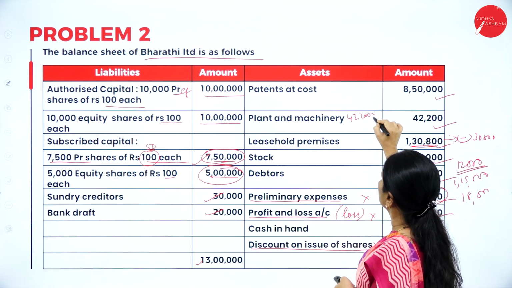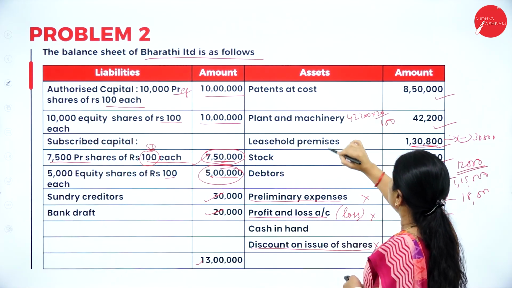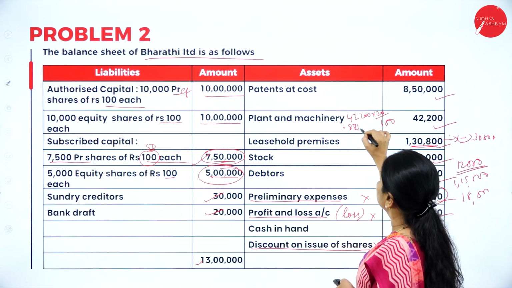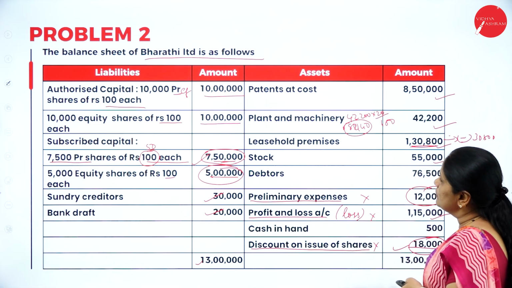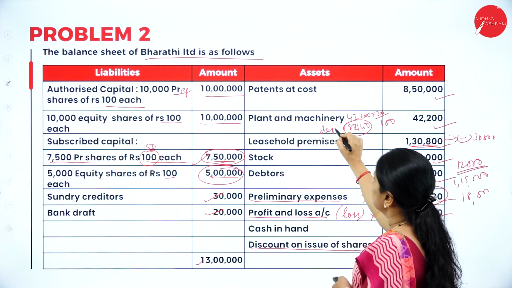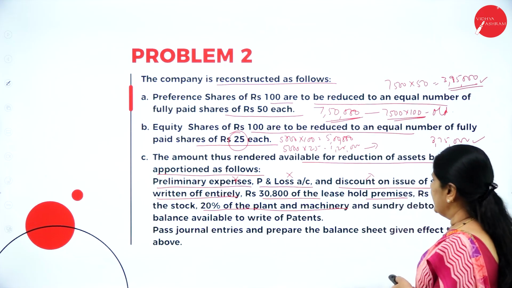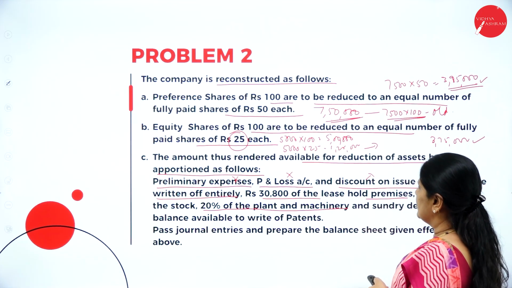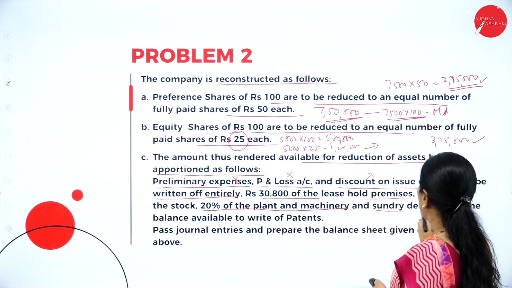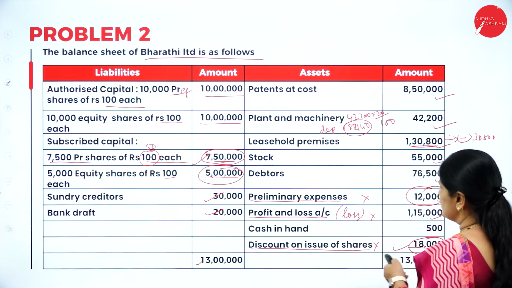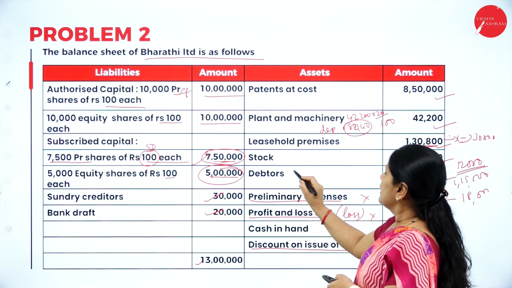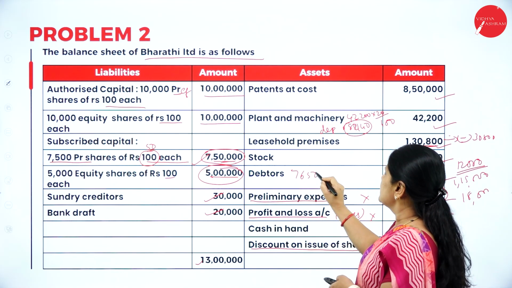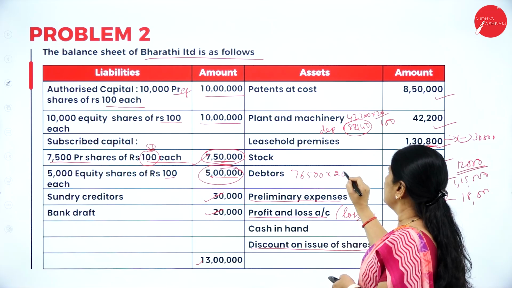42,200 into 20 by 100. So when you calculate, it comes up to 8,440. So this is the depreciation you will be charging on plant and machinery. Then next one, 20% on plant and machinery and sundry debtors. So what is the value of sundry debtors here? 76,500. Now 20% on this, 76,500 into 20%, that comes up to